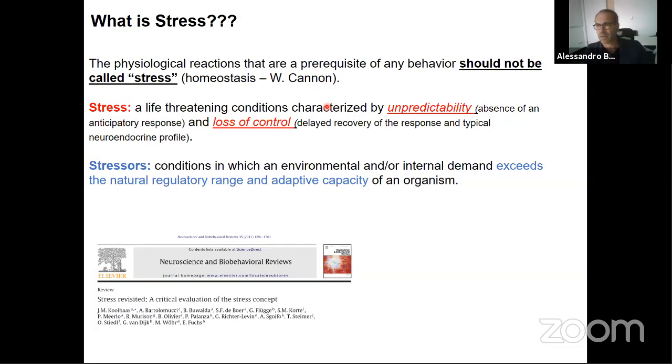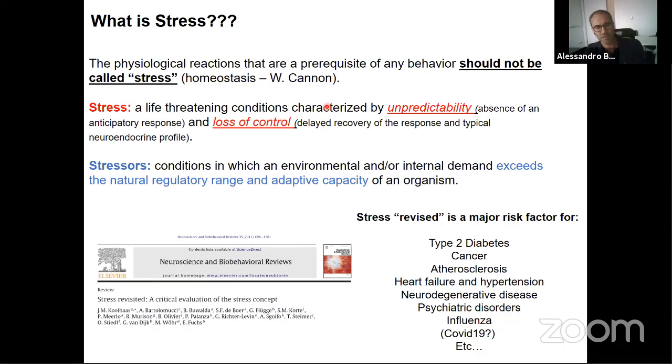So it's a rather narrow and, if you want, a pathophysiological view on what stress is. And there is a lot of evidence or support to this conclusion. And when we look into stress in this revised term, that's where a lot of the pathologies come out. We know that stress is a major risk factor, when restricted to really these conditions, for a number of diseases. And now there is a lot of discussion, and we are doing some little work at the moment, even on how this can increase the risk for COVID-19, at least for the major disease conditions, or the worst outcome for people affected.